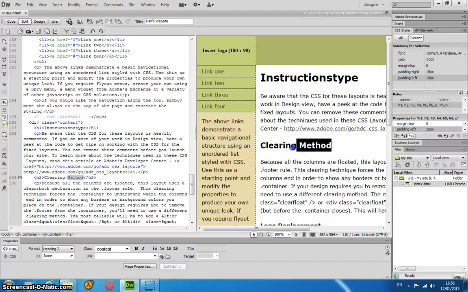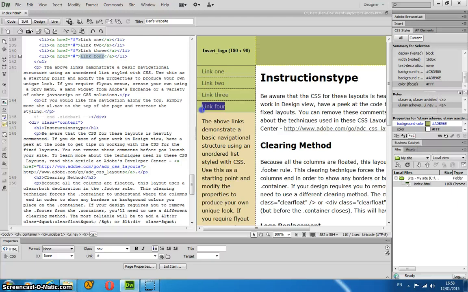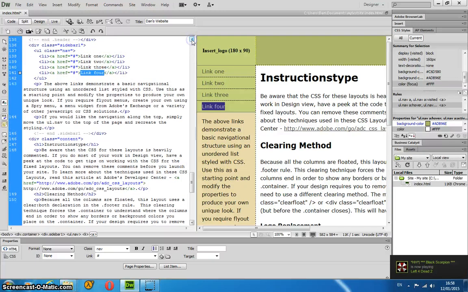So if I select the text here, the text is also selected in the code view, and I can see there the tags that make this H2. So this is telling me that this is a heading type 2. If I click on the links here, you can actually see that these links are not just links. That's the A tag there. You've got the open A, the close A, but these links are actually part of an unordered list, and you can see the list item. It's quite nice and easy. It's a great way to actually learn HTML, get an idea of how the actual page